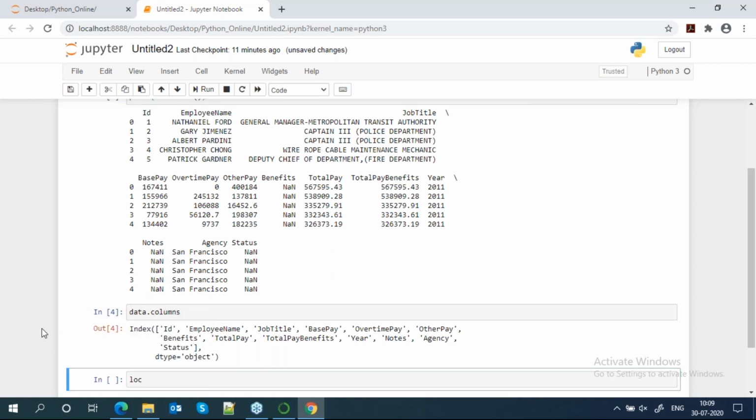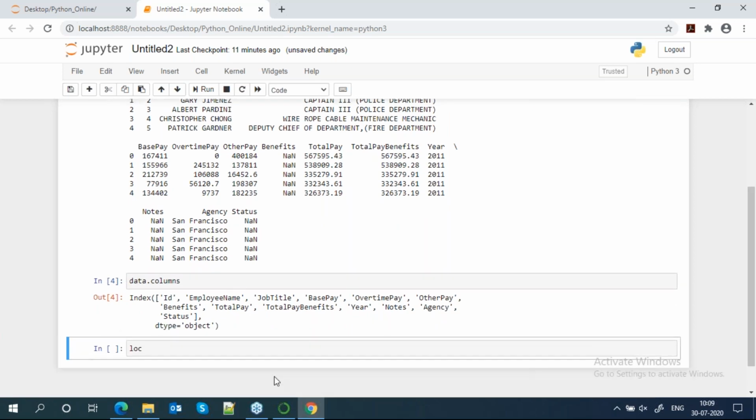Okay. And another operation is loc and iloc.